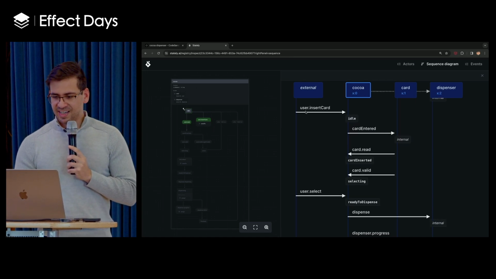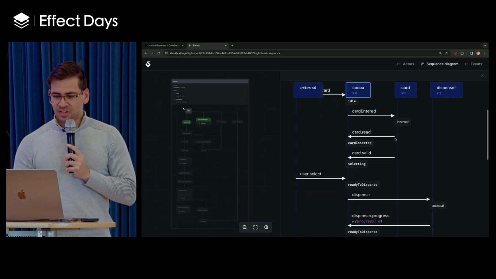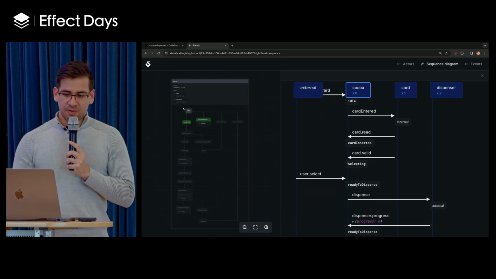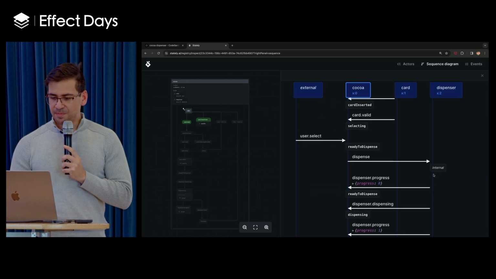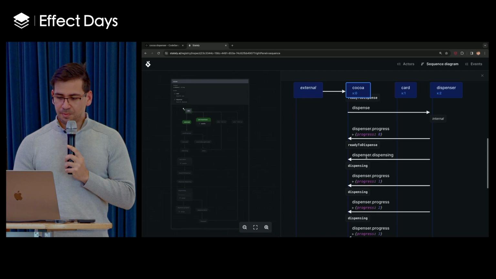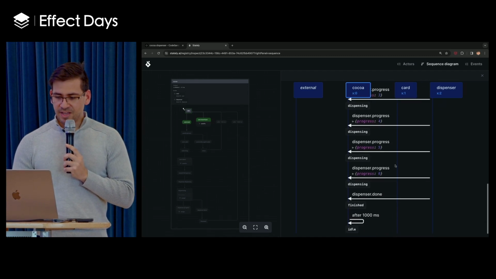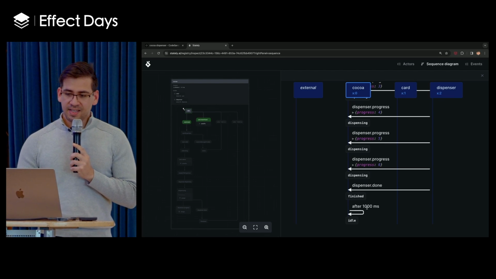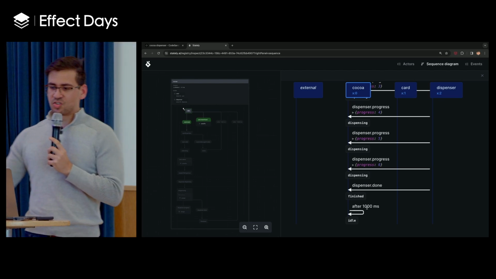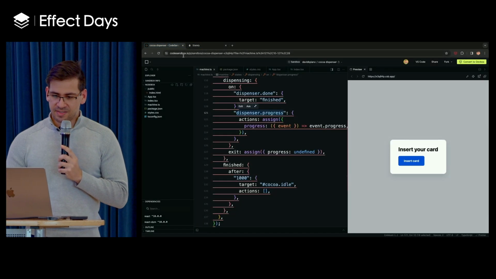So we see that the card was entered, the card was read, and we got another event saying the card was valid. So then the user selects hot cocoa, we dispense it, the dispenser reports the progress back to us, and then eventually the dispenser says that we're done. And then after 1 second, the cocoa state machine transitions itself back to the idle state.